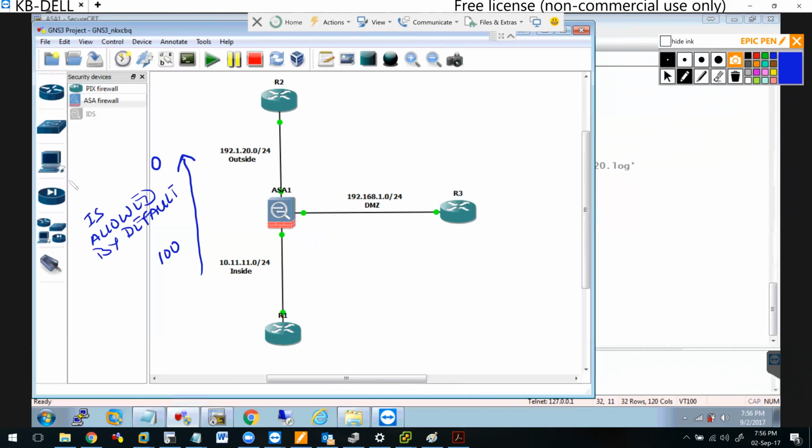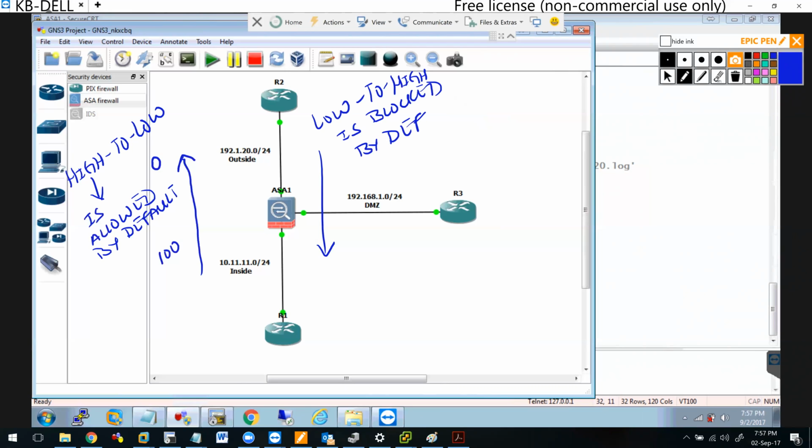So high to low is allowed by default. Low to high is blocked by default. I'm just talking about the default characteristics